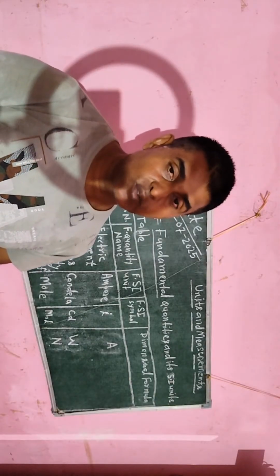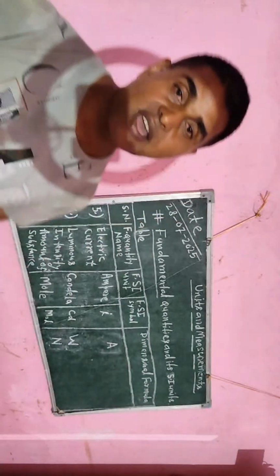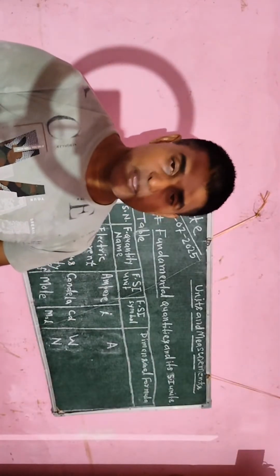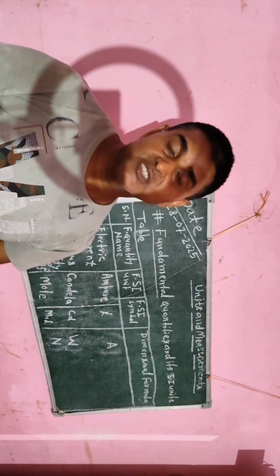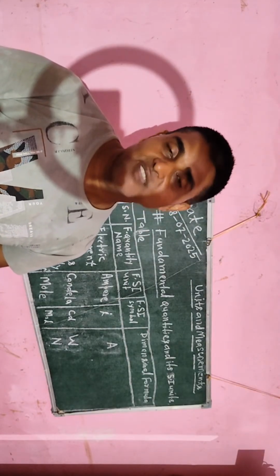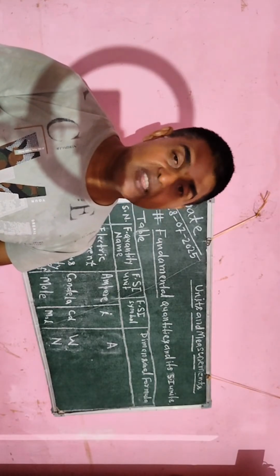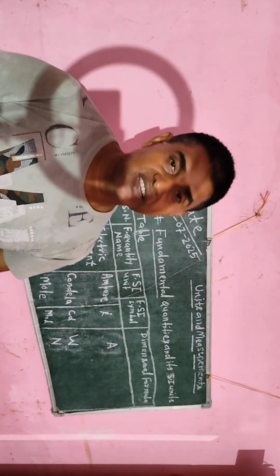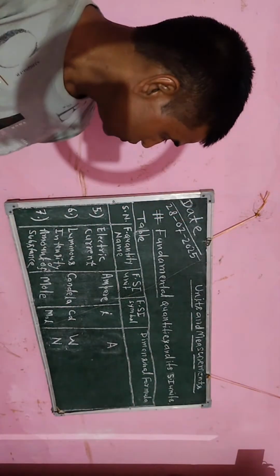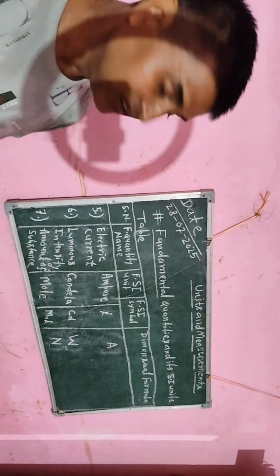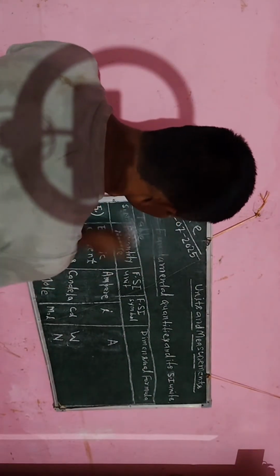Okay student, now I am going to erase this, and after erasing this, I will also explain what is the concept of MKS system, CGS system, FPS system, and also what is the concept of SI system. I will explain here, and after explaining it, I will also explain the next information. Therefore, you concentrate on it to understand how we are going to explain. Okay, student. So first of all, I am going to erase this information, and then I will explain the concept of